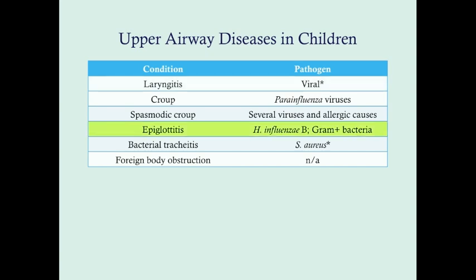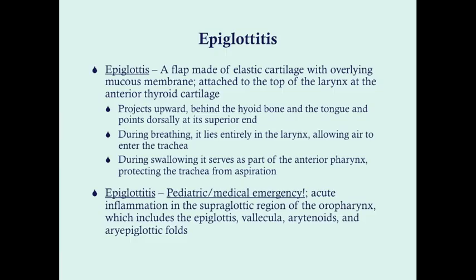All right, so to start out, what is the epiglottis? We don't see the epiglottis. It's not something we see very often unless you're frequently placing oropharyngeal tubes or you work in that specific part of the body. So what does the epiglottis do? It is just a flap. It's made out of elastic cartilage. It's relatively thin, and it has an overlying mucous membrane.